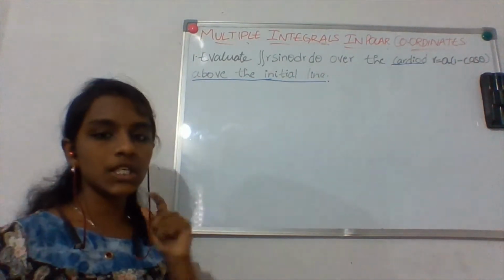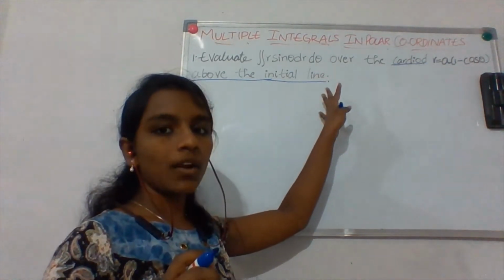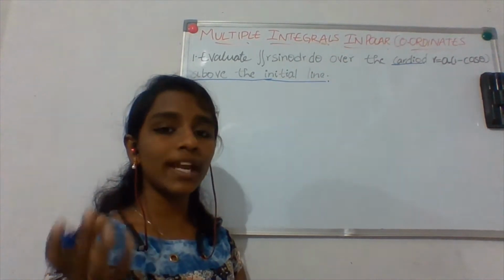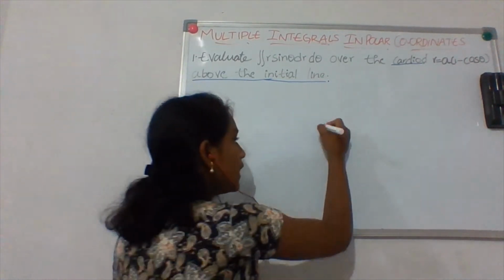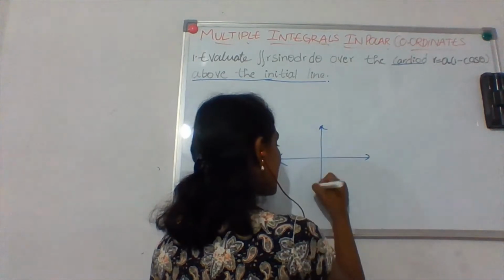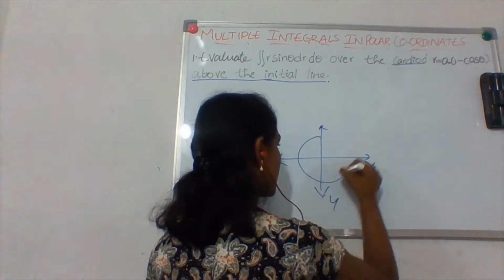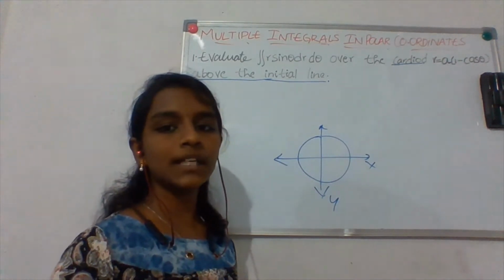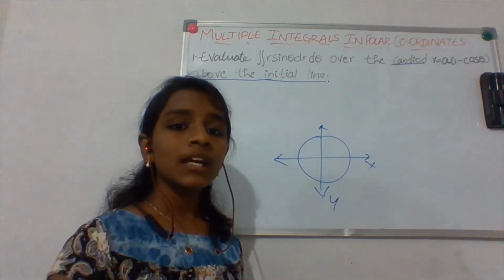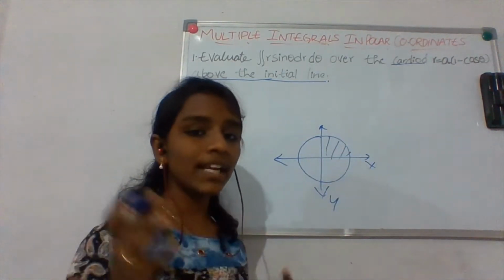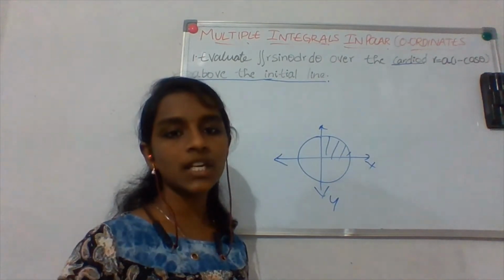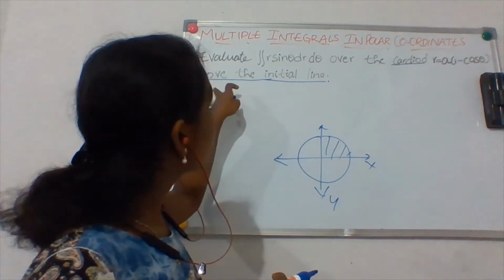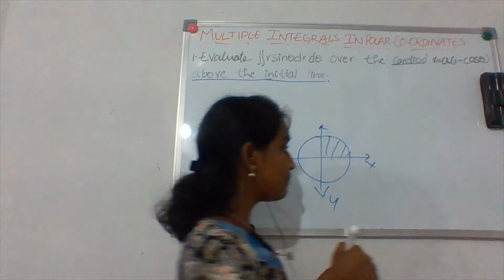First let us look at the initial line. This is in polar coordinates, right? When we solved the problems earlier, we were dealing with points in the Cartesian plane. If you have the x and y axes, and there's a circle, and you have some function f of x and you have to evaluate the double integral of it, and he is asking you to do it only in this area, then he will mention that it is in the first quadrant. That is how he mentions it in the Cartesian plane. But here he is asking us to find it above the initial line. Now what does he mean by this?